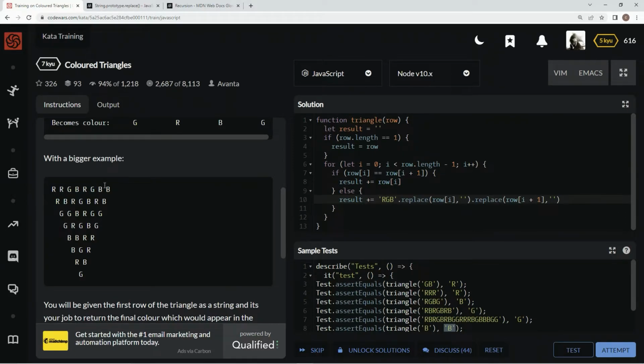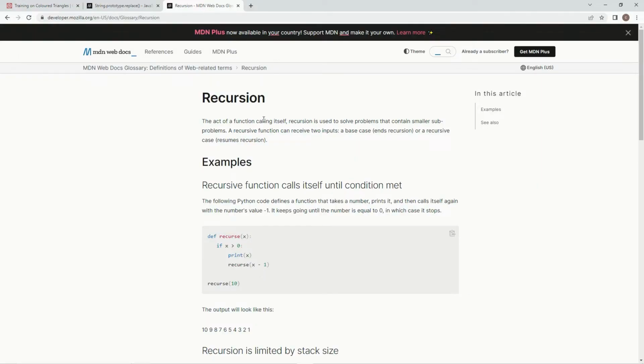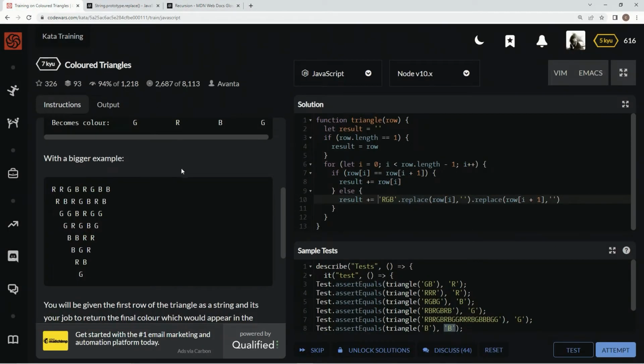Now we're just going to have to do a little bit of recursion to take care of the rest of this. If you don't know about recursion, it's just the act of a function calling itself, used to solve problems that contain smaller subproblems. So basically we're just going to go through again and again and again until we just have one left, all right? So down here, after this for loop, we're going to say if